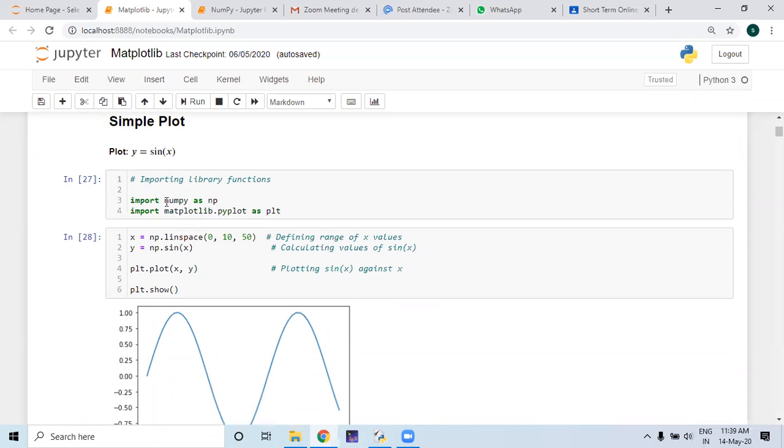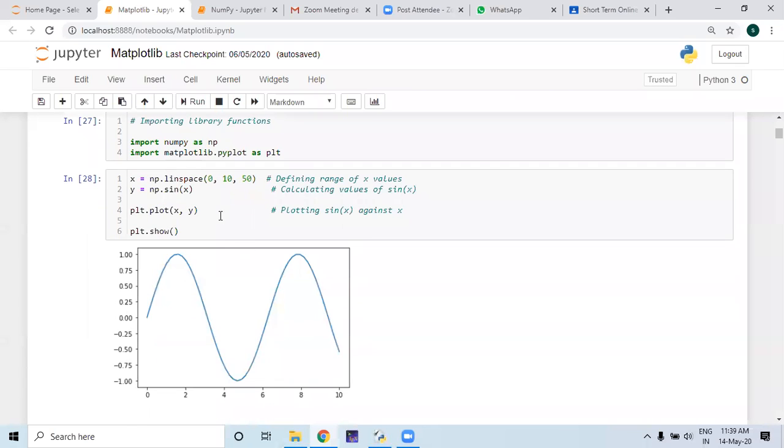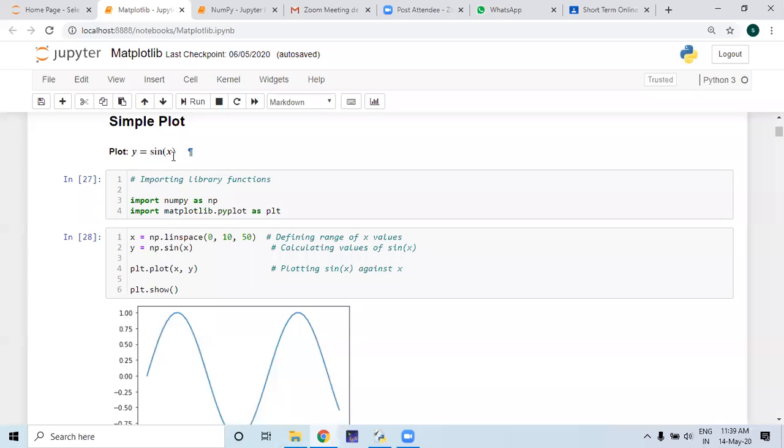So I import numpy because I have to create arrays every time. That is the basic purpose of importing numpy. And this one, import matplotlib.pyplot as plt, will serve my graphics purpose. So when I'm trying to plot a graph like y equal to sin x,